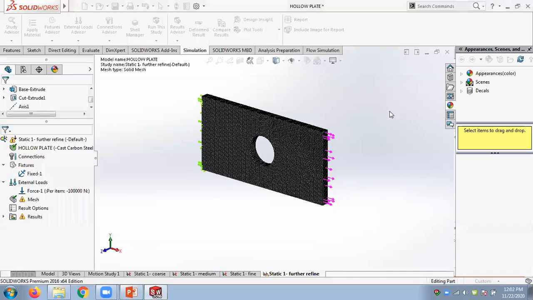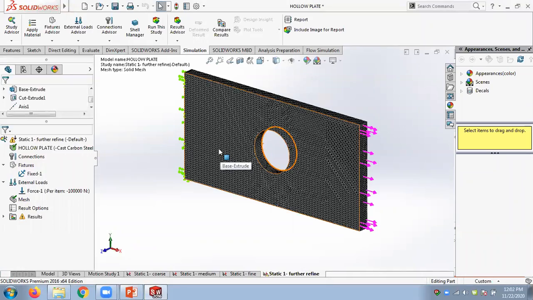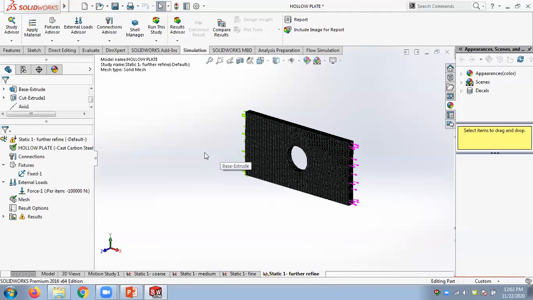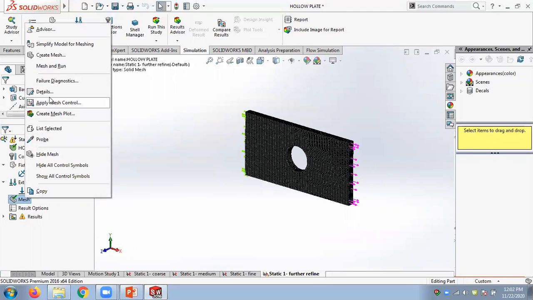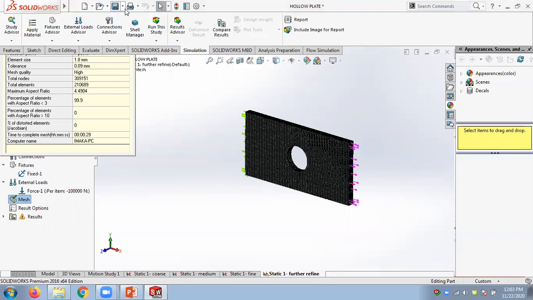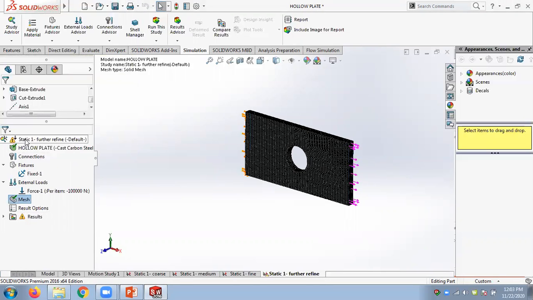So now this is a very fine mesh. Do we need this kind of a fine mesh? If I just look at the details, elements now increase to 201,210. So a lot of elements. 99.9 is under 3. So when you run the results,